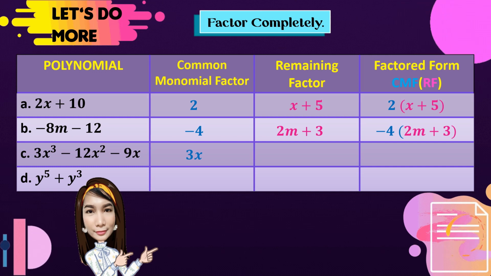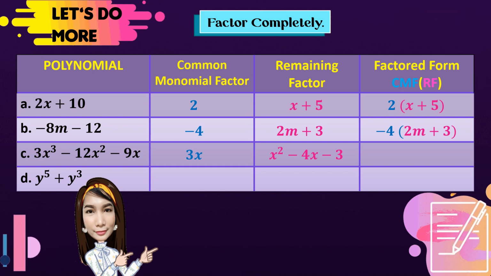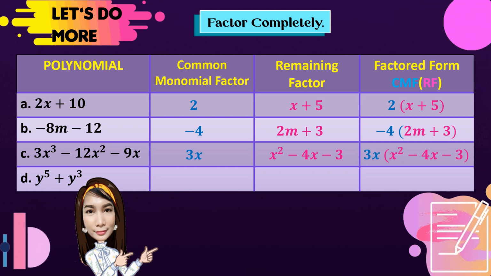So 3x cubed divided by 3x. So 3 is cancelled, that is equal to 1. Then copy the base x, subtract the exponents, 3 minus 1, we have 2. So we have negative 12x squared divided by 3x. So negative 12 divided by 3, we have negative 4. Then x squared divided by x, we have x. Negative 9x divided by 3x, we have negative 3. Cancelled, x divided by x is equal to 1. So for the factored form, we just multiply the common monomial factor 3x times the quantity of x squared minus